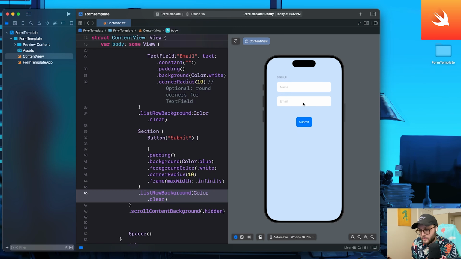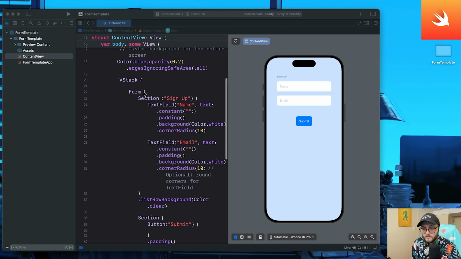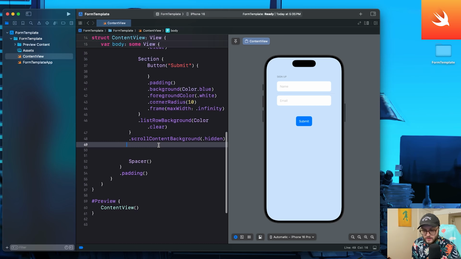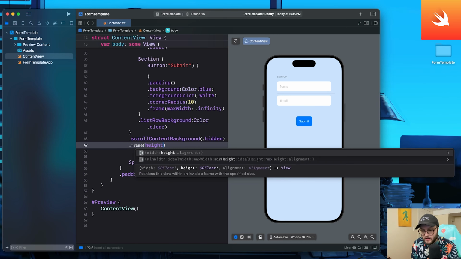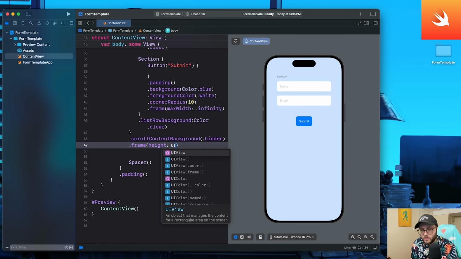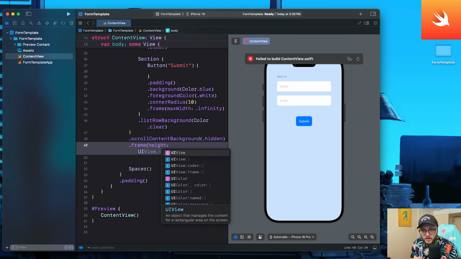Now, currently our form is only taking up about half the screen, but the entire screen is dedicated to this form. We can grab anywhere and start to scroll it. If you want to limit where your scroll is, you can actually use a frame. So again, at the end of our form, and we can do this after our scroll content background hidden, we can add a frame. And from here, we can add a height. And for mine, I wanted to occupy the UI screen and basically only the first half of it. So we're going to do UI screen